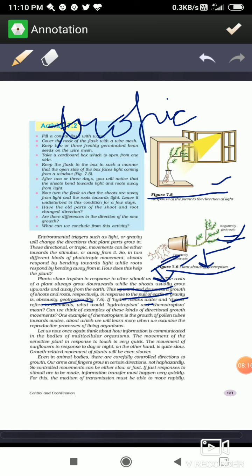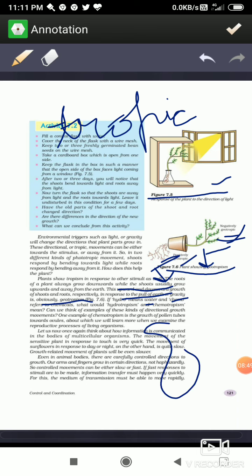Okay? Now there is one more kind of movement which is known as chemotropism. Like I told you, movement of plant due to some chemicals. And the most common example of chemotropism is growth of pollen grains on the surface of female reproductive part of the flower, which we will discuss in the next chapter. But for here now, like you have done in previous class also, if you remember,